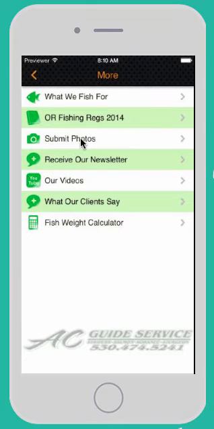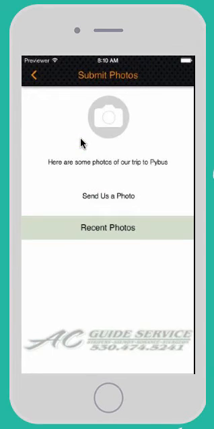I've got a submit photos button. This is really neat. How many times have you been fishing with somebody and they get a better picture than you do? And you go, hey, will you send that to me? I want to use that on my website. And they'll go, yeah, sure, not a problem. And then it never gets sent to you. Well, the application has a submit photos functionality to it. They hit the submit photos, their camera roll comes up, they select the pictures that they want to send, and then they just click the submit button, and those pictures are automatically emailed to you,